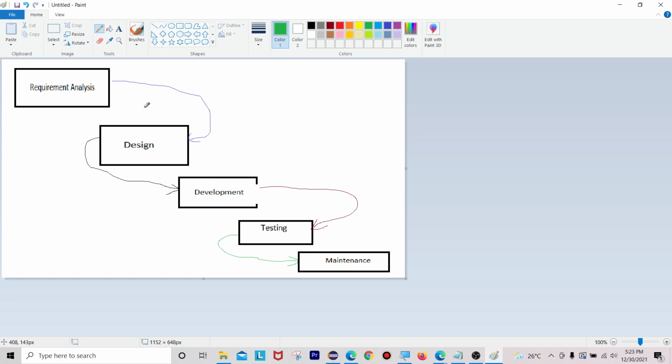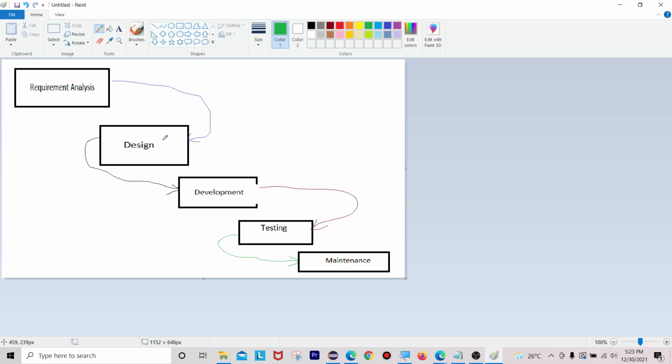Okay, it is not a good model for complex projects, and it is a poor model for long projects. For example, take a banking application. The waterfall model is not suitable for it because a banking application is very complex compared to a restaurant application. That's why the waterfall model is not suitable for big applications, and it is also a very poor model for long projects. You can see ERP projects as well as banking projects.